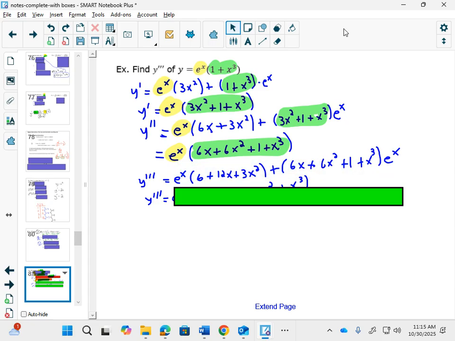And we would keep the first one the same. Derivative of the second one. Plus, keep the second one the same. Derivative of the first one. And if we factored it out,